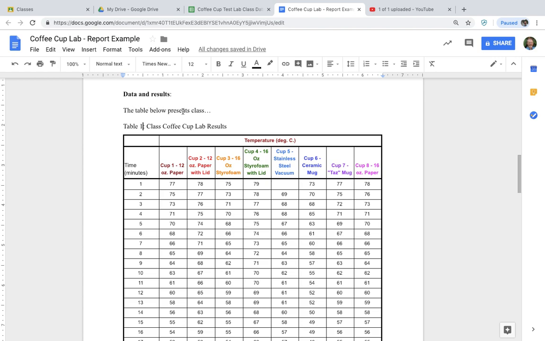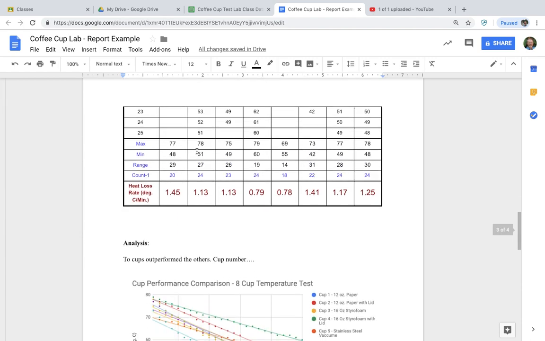Anywhere that I refer to the table up above here, in the description of the data and results, I can just use the name Table 1. I don't have to use the full title, but if I say Table 1 shown below, people will know what you're referring to. By the same token,